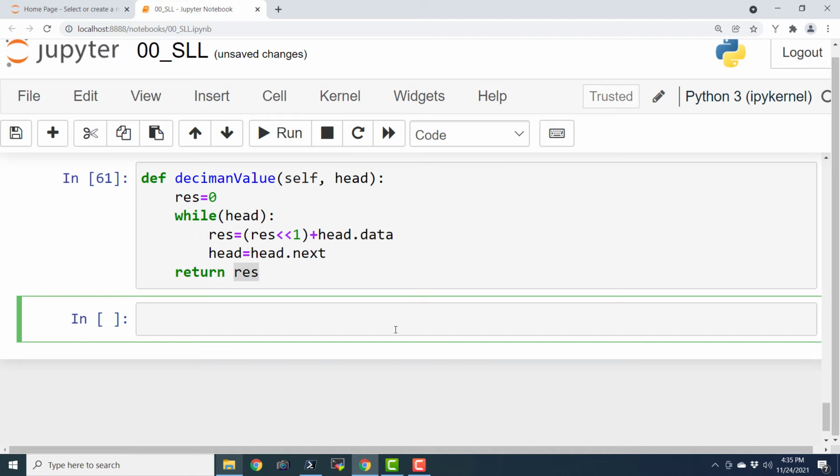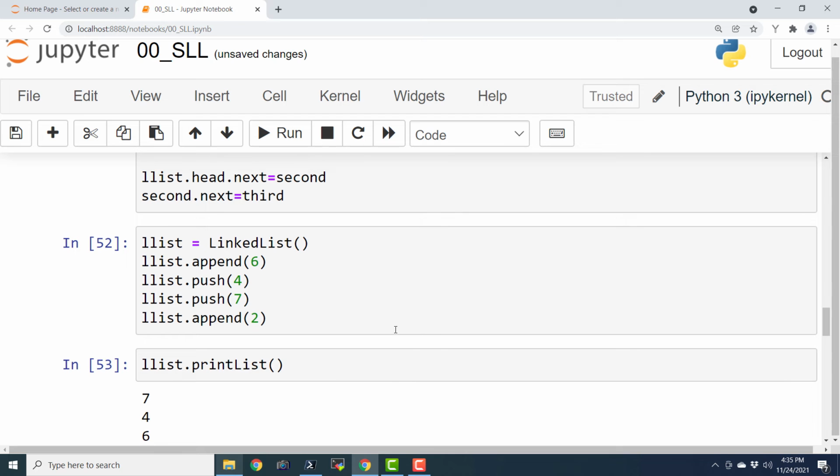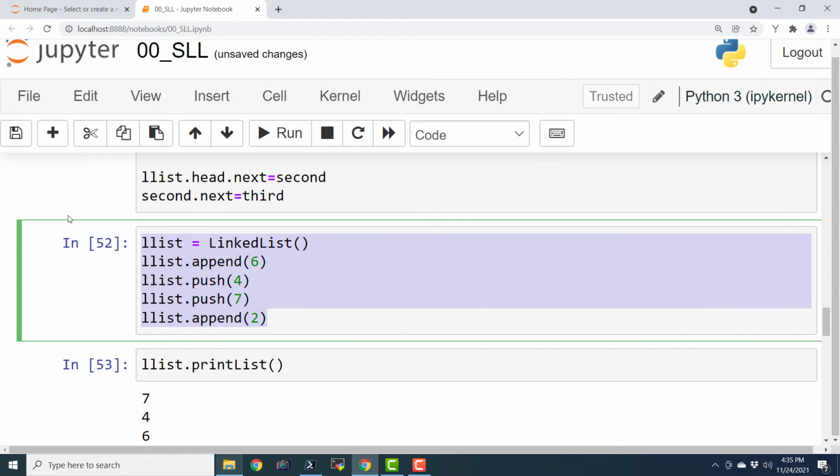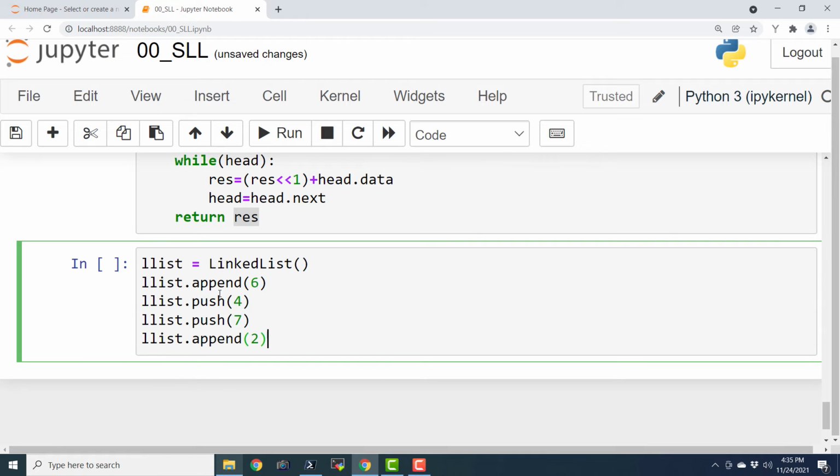Now let me create a linked list specifically for this. And I'm just going to copy this code. Now it will be very interesting to see this. Let me say 1 and let me copy this, paste it, and paste it 4 times 1.